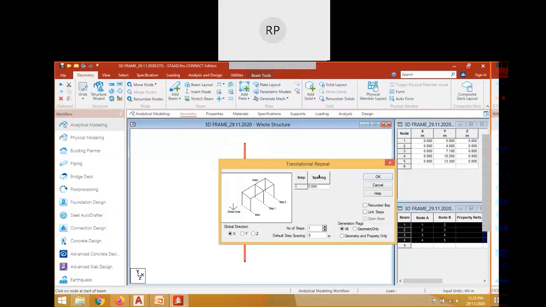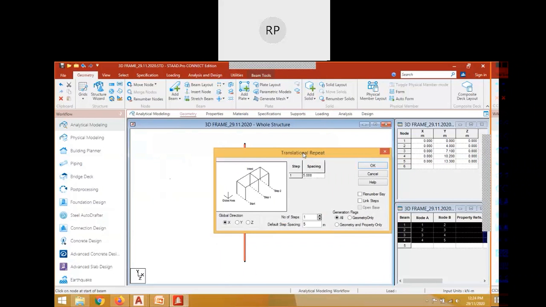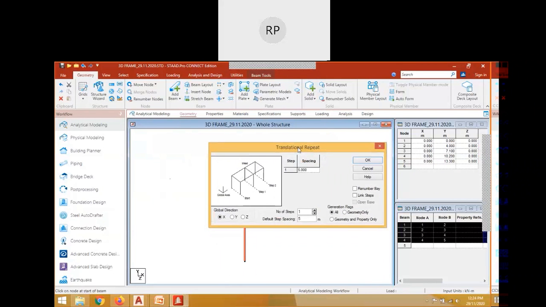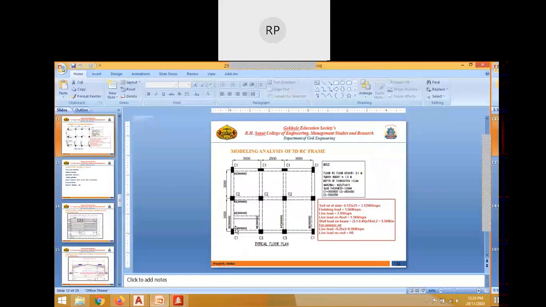So translational repeat. If you click on this, it will ask you where to replicate this particular column with the nodes. Whatever you have selected, all of that is getting replicated or copy pasted. So I have selected the nodes and the beams or the columns, and then I want to replicate this in x direction. So global direction I have kept x, and how many steps you want depends upon your